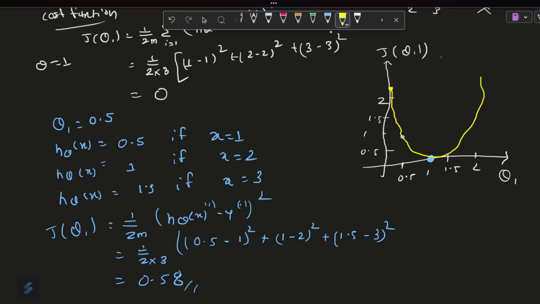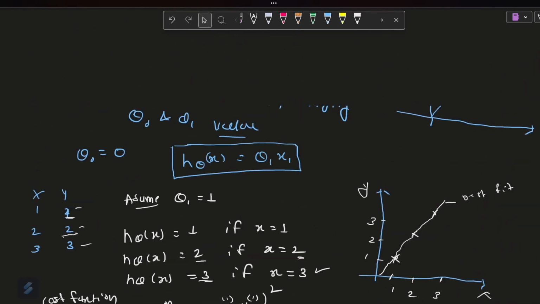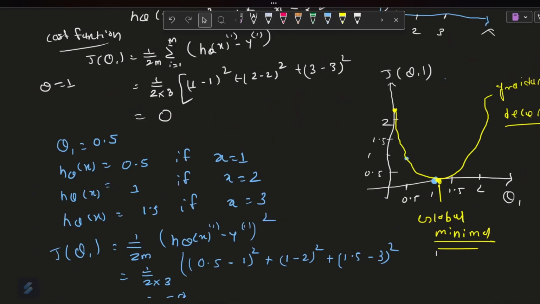So in that case, you make a graph something like that, and this is gradient descent. This graph is gradient descent. This point is very close to the minimum, and it is called the global minima. This is how much we reduce the cost function and how we get the best fit line. So this is for today's video, and we will understand